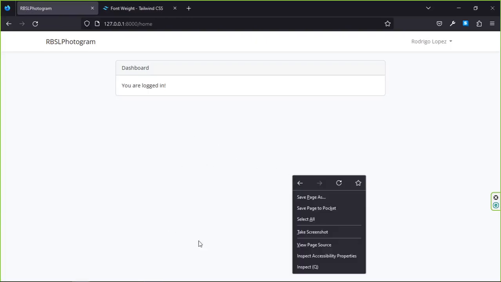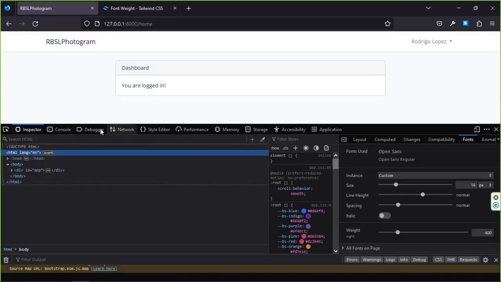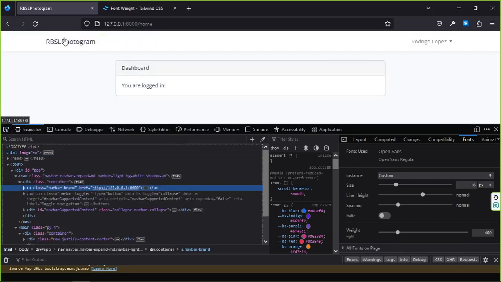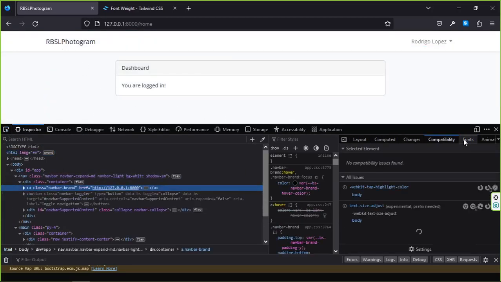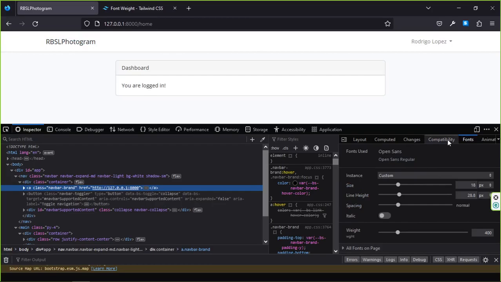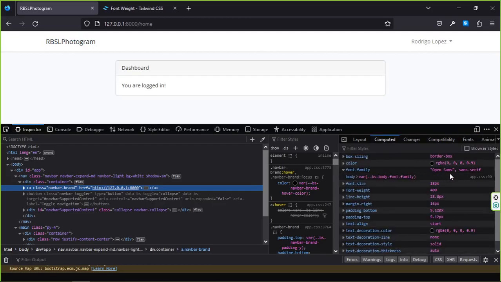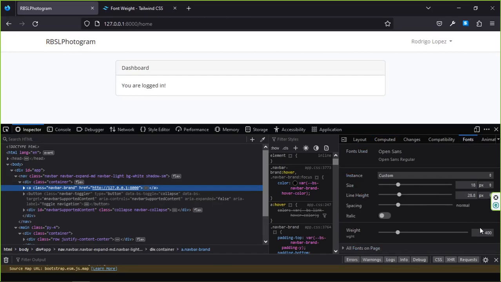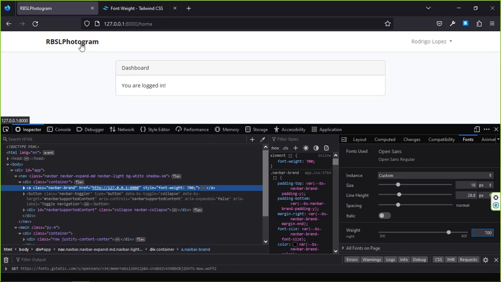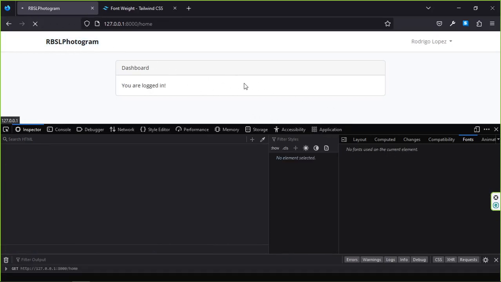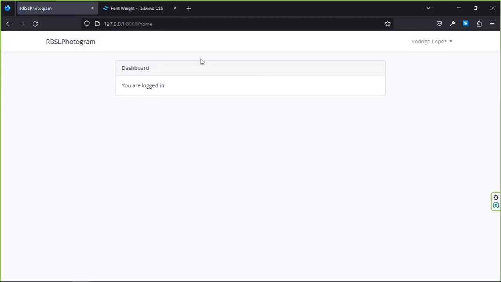Okay guys, so let's go and check on our inspector here and just check if it's already working. So we do see here in our fonts, the font family is now Open Sans, and we're using that variable in our body element for the font family, and we can actually replace this with 700, and that should be how it looks, right? For testing purposes, developer tools is quite cool to play around with, but of course we